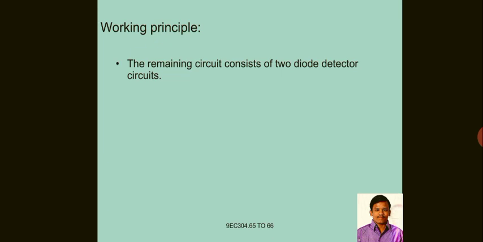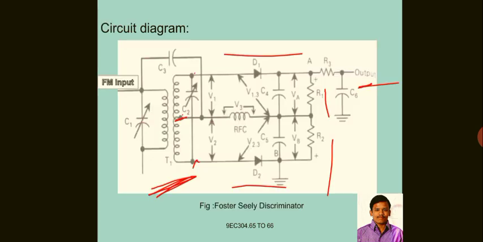And the remaining circuit, except the center tap, as we know the diode, is exactly the same, because in AM demodulation, since we are taking only the positive half cycle, that's why one diode is there, whereas in this one two diodes are there. So during the positive half cycle, D1 will be on. Just I will quickly go to the diagram. So assume that a positive cycle is given.